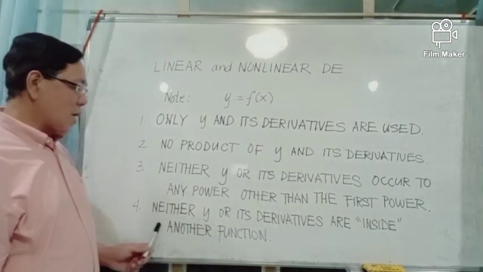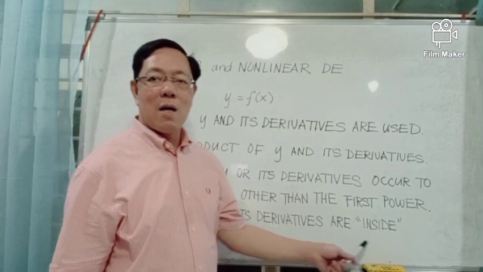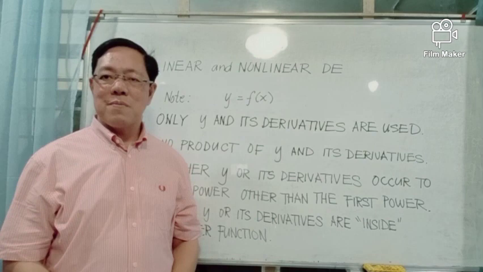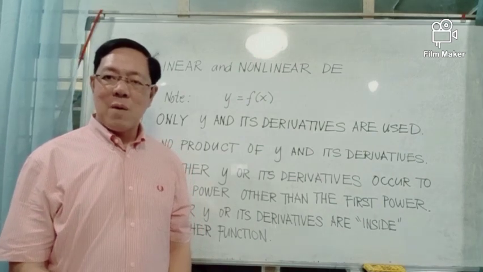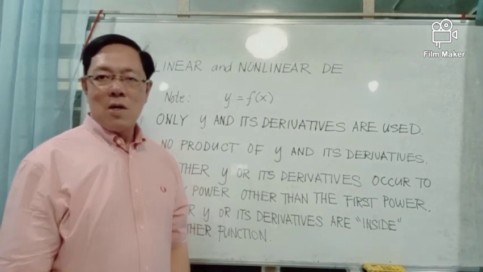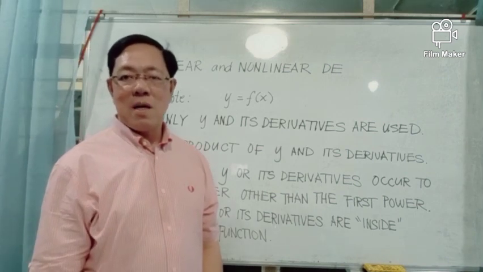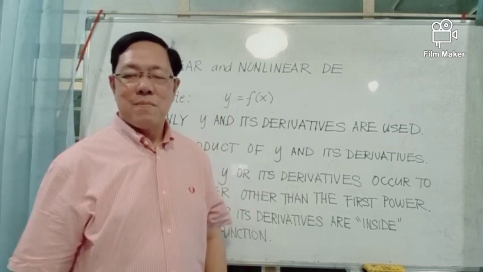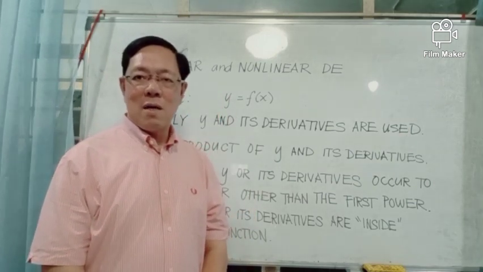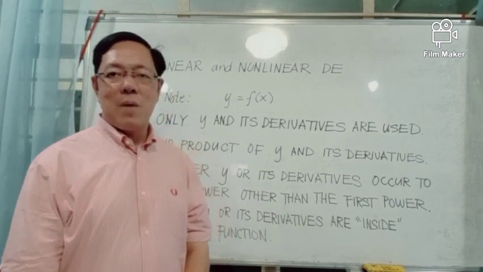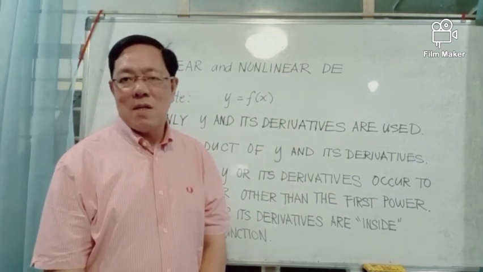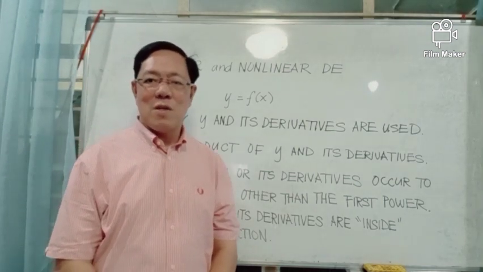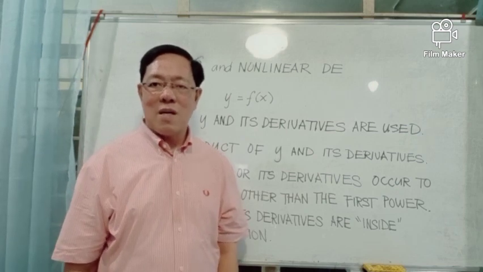And number 4, neither y nor its derivatives are inside another function. That means if you have a trigonometric function, say cotangent of a derivative of y, then the given differential equation is definitely not linear. Or if you have a term containing the root of a derivative of y, then the differential equation is non-linear. Or if you have a term of a differential equation containing an exponential function, say e